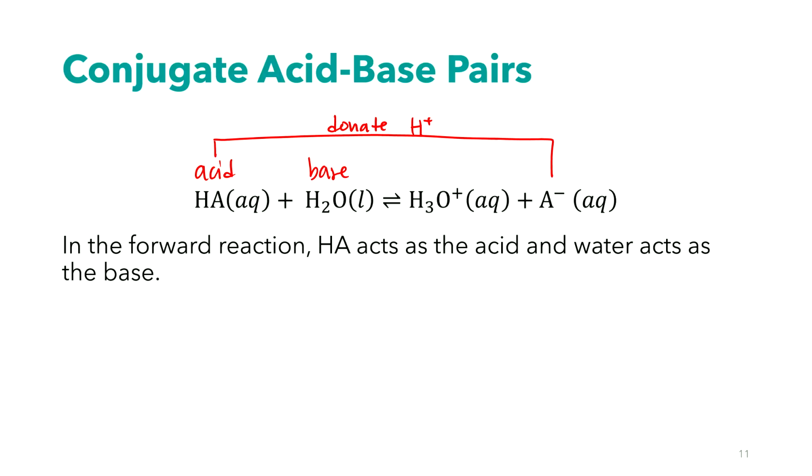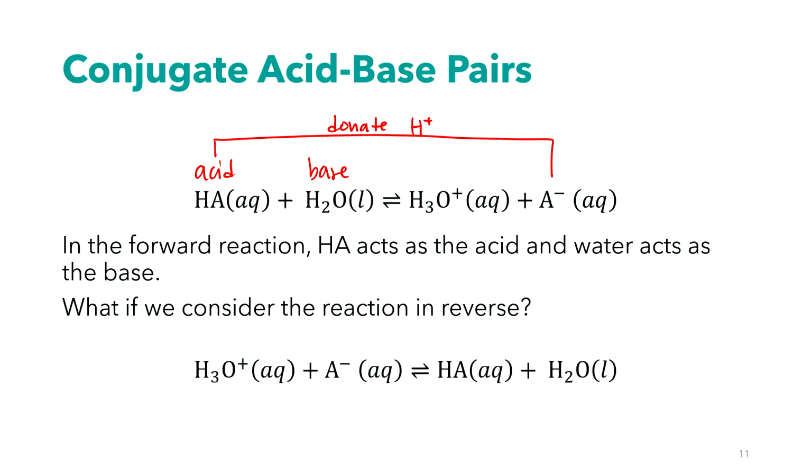I'm going to take that reaction and I'm going to flip it, okay? I'm just reversing it, all right? And now, if I look at it in this direction, now who's acting as the acid, right? H3O plus would be the thing that donates the proton. So now that is an acid, and A minus is accepting it, and so this would be my base,